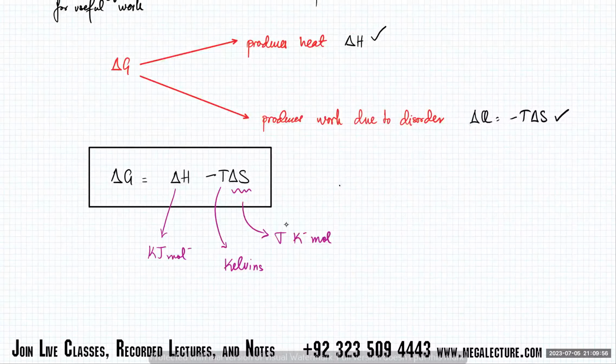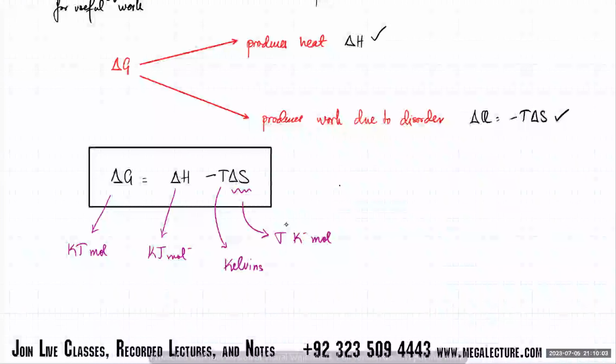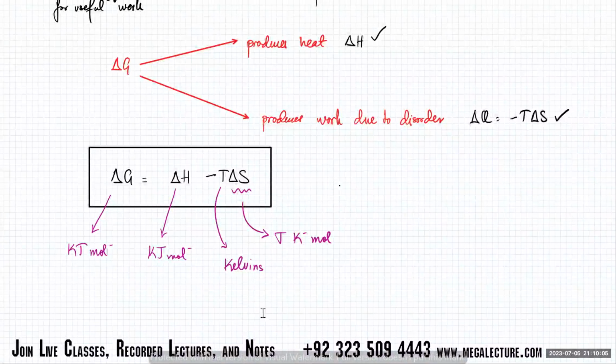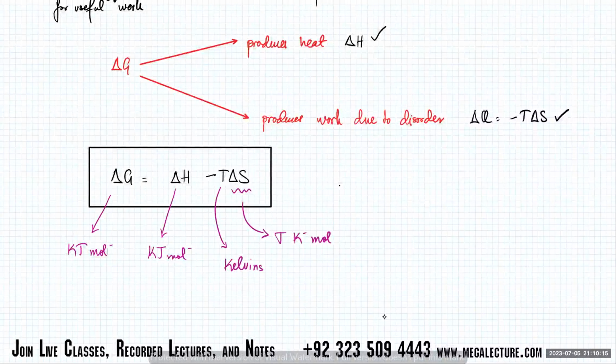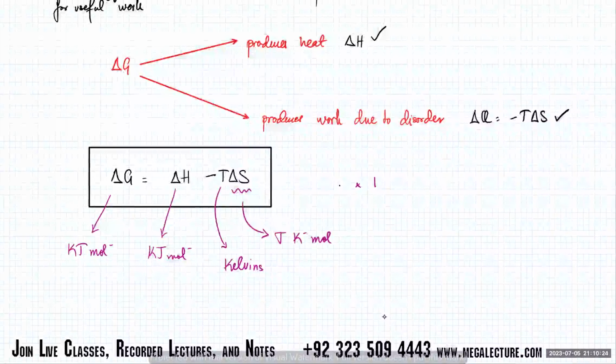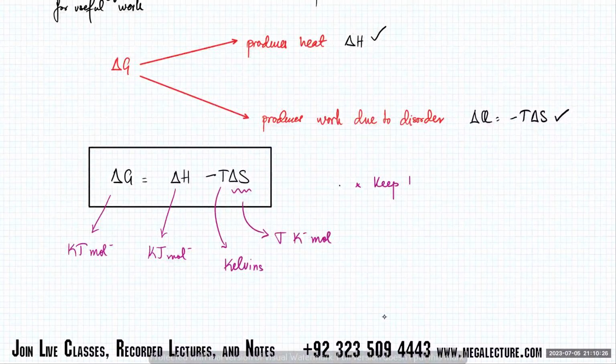And the unit for delta G is actually kilojoules per mole. So your T part gets cancelled out, because the Kelvin over here cancels out with the Kelvin over here. So this thing is basically joules per mole. The only issue is that some of the terms are calculated in kilojoules, while entropy is calculated in joules. So you have to keep the units consistent.